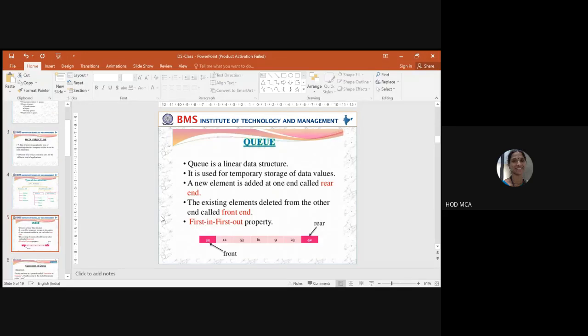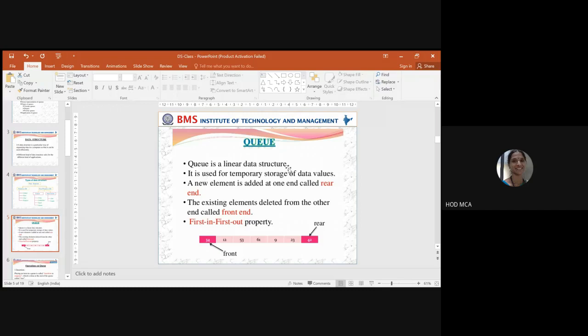So what is a queue? A queue is very similar to a stack. It is also a linear data structure. But in the case of a stack, you have only one entry, so insertion and deletion all happen at the same end, called the top of the stack. Whereas in a queue, you have two pointers or two ends: one is the rear end and the other is the front end.